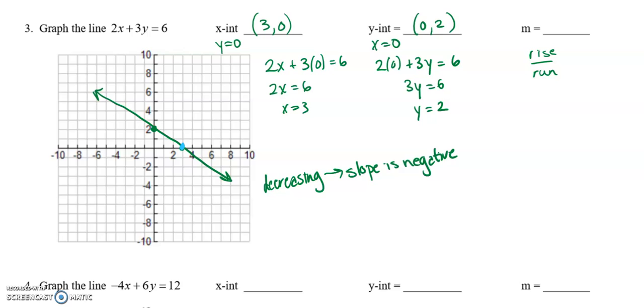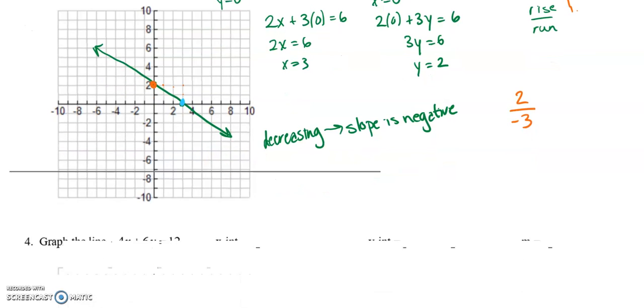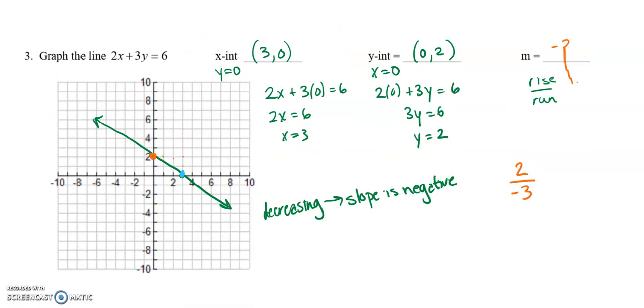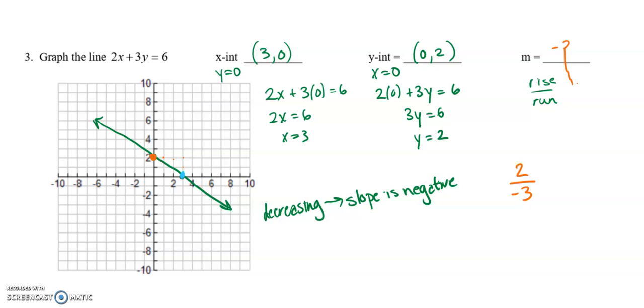How far do I rise to get to the next point? I'm going from blue to orange. So let's see, I rise 1, 2. And I run 1, 2, 3, but to the left, so that makes it a negative. So my slope then is negative. Whoa, what just happened? My slope is